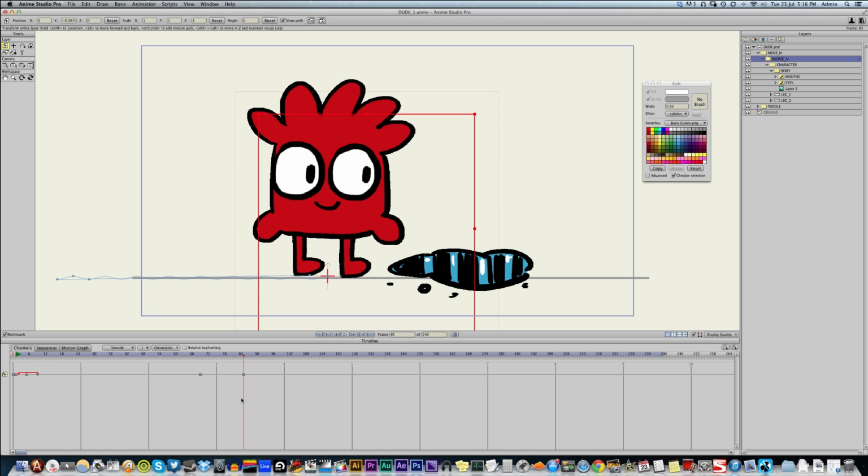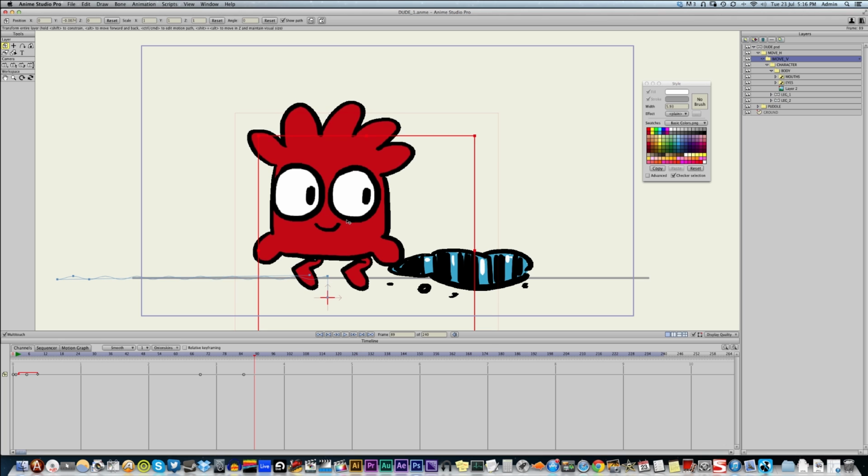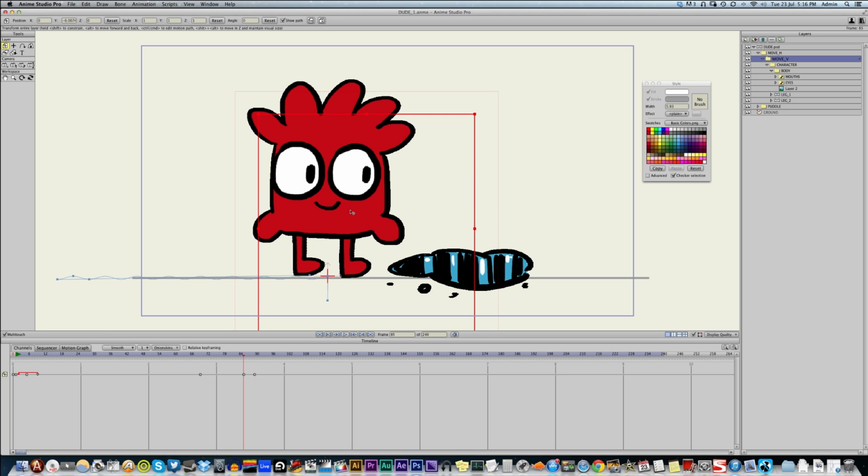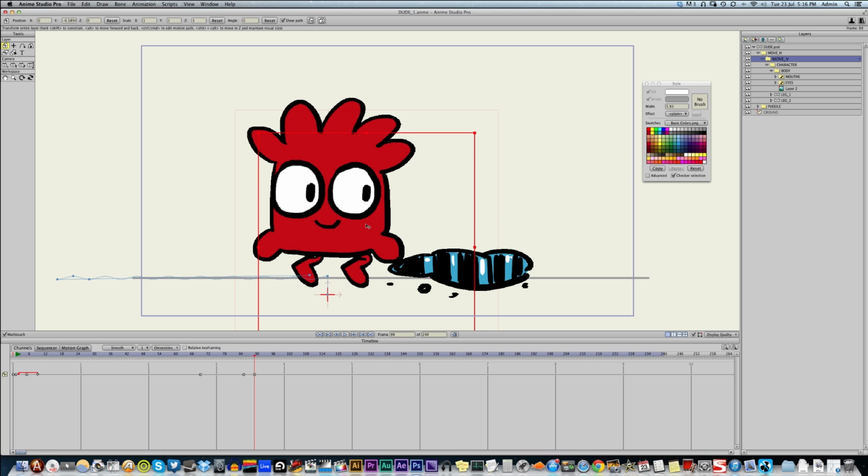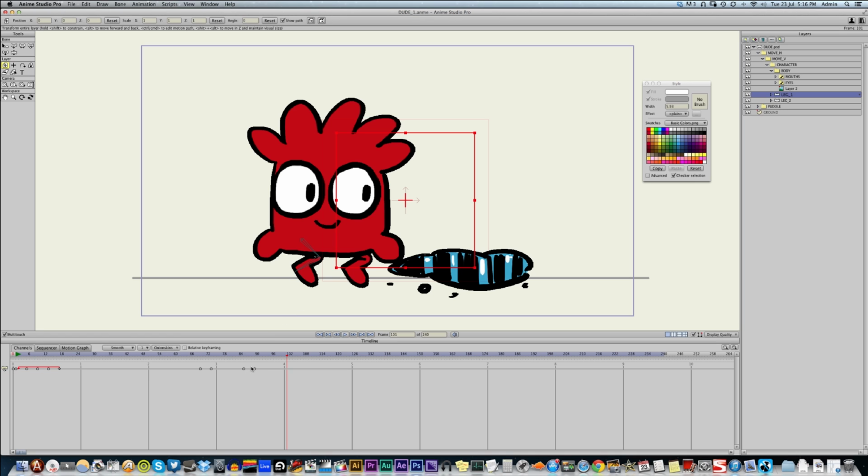So I'm going to copy and paste this keyframe, 4 frames later. And I'm going to make him go down like that. That looks a bit too much. That looks good. And he's going to stay there for 6 frames. Let's make it 12 frames. And I'm pressing enter to deselect the